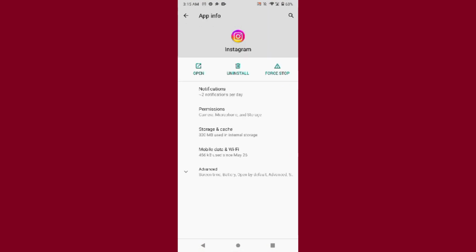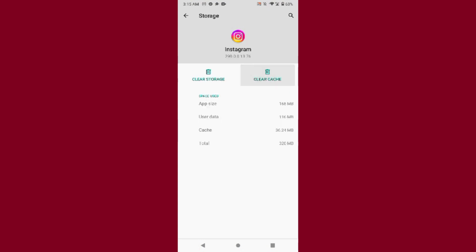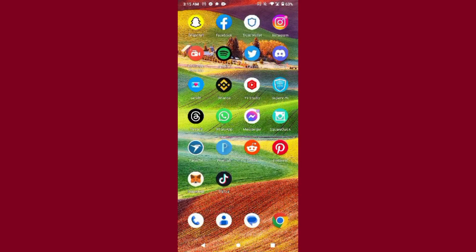and go to the info, and after that here you will see different options. You have to click on the storage and the cache and simply clear your cache from here. Once you do it, try to refresh the Instagram, and if it's still not working, simply you have to